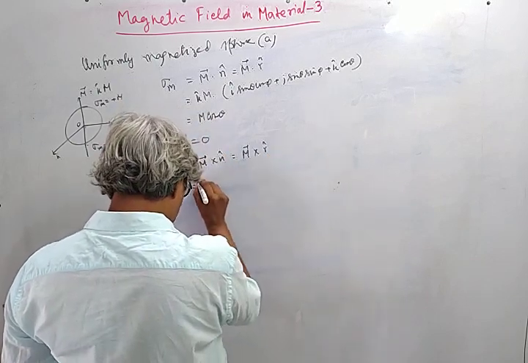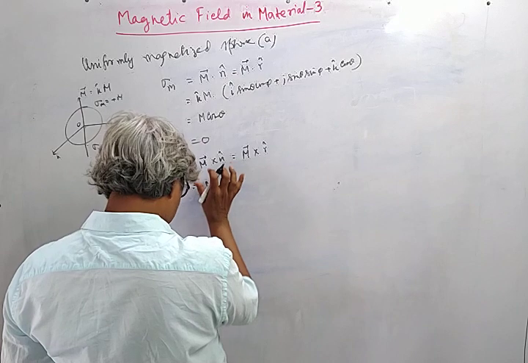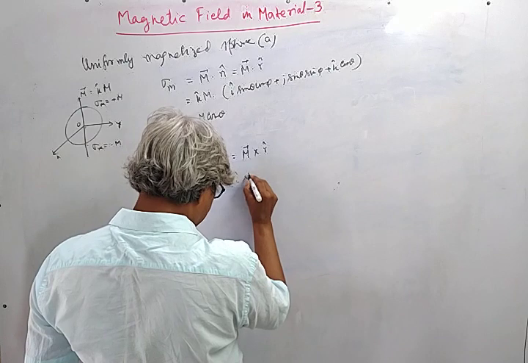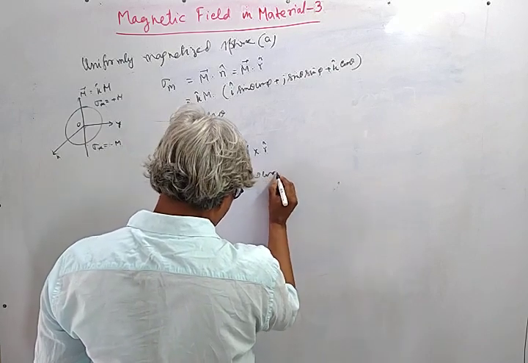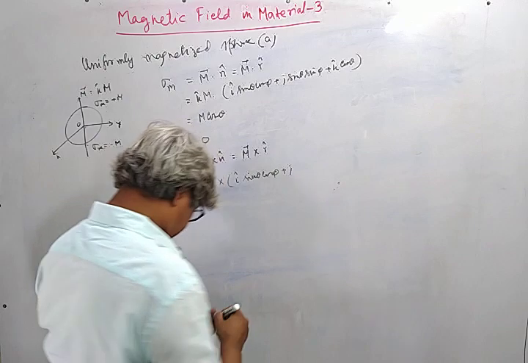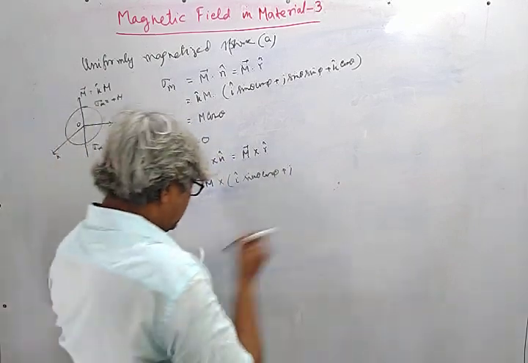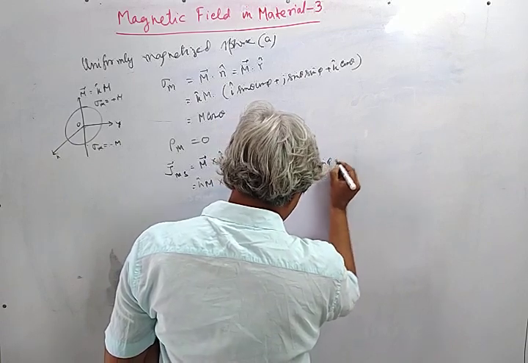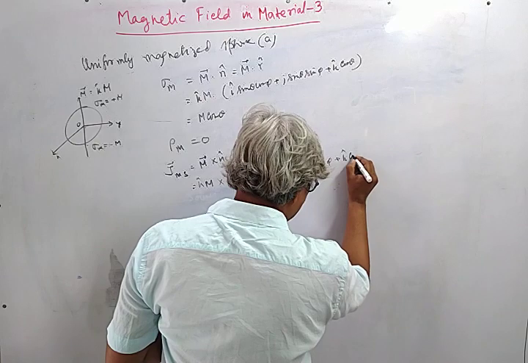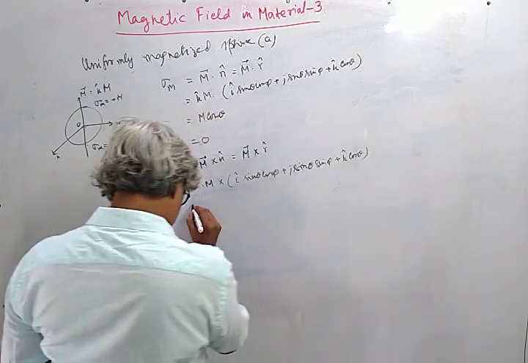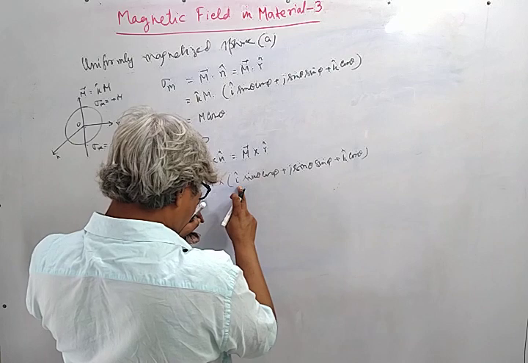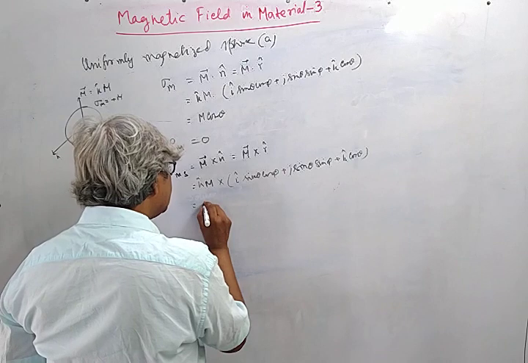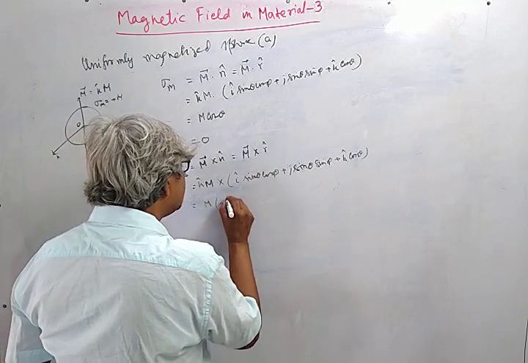So this is k cap M cross i cap sin theta cos phi plus j cap sin theta sin phi plus k cap cos theta. So this k cross i is j, so this is plus j cap sin theta cos phi,